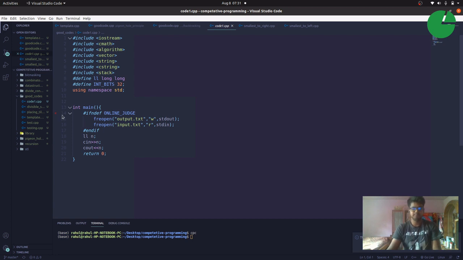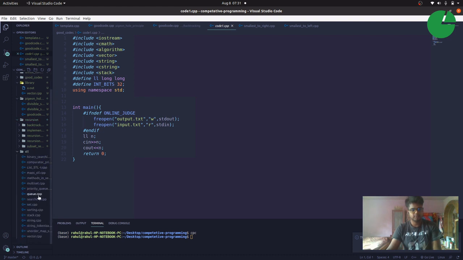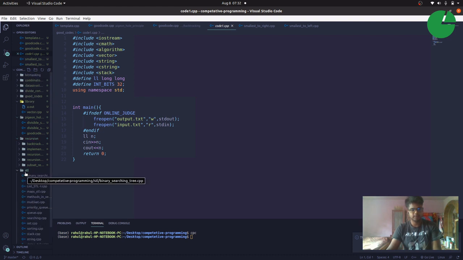So these are some shortcuts I use for storing code and the smooth functioning of my codes. Similarly, I have created a library, some good problems on recursion. I have made some files. You can do the same: if you write something, store it somewhere and put it here so that you can refer to it in the future.